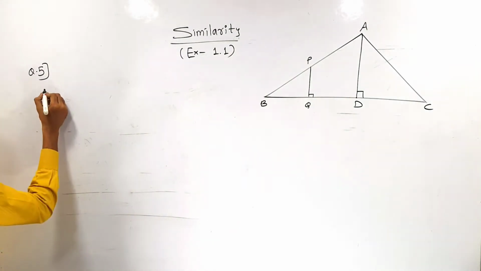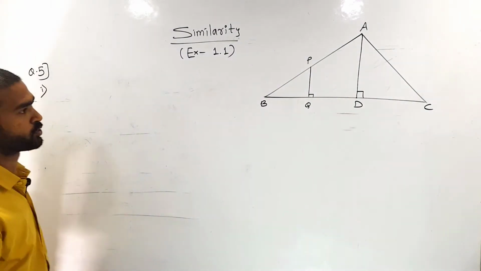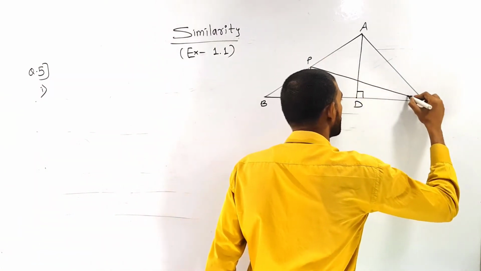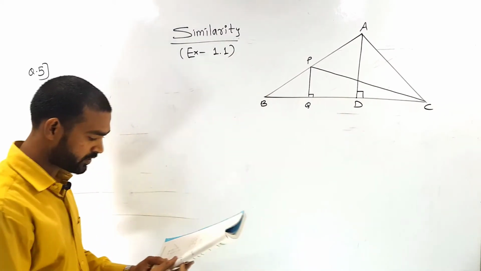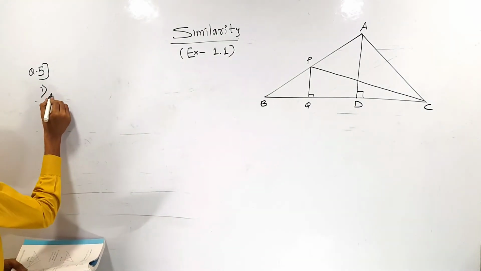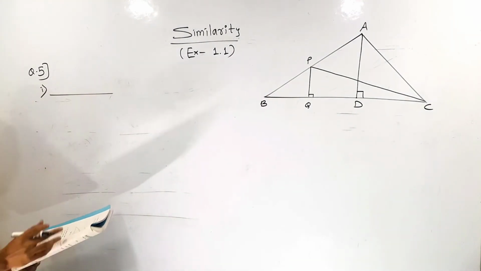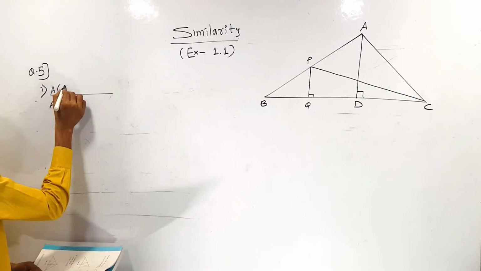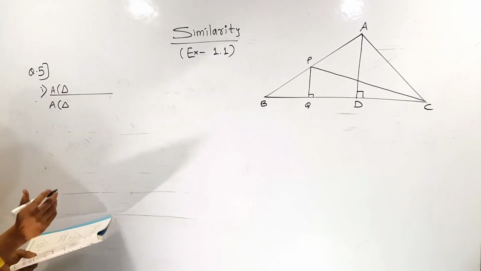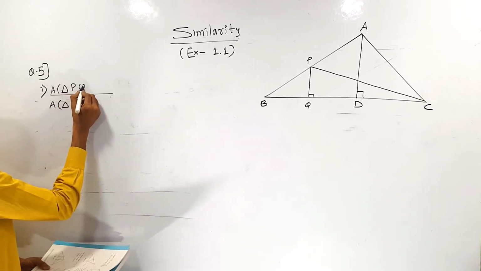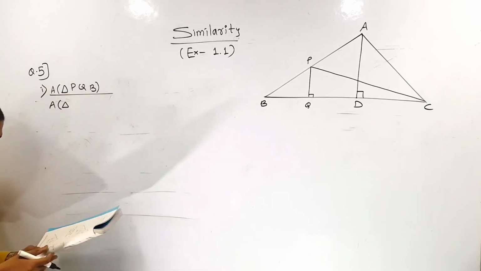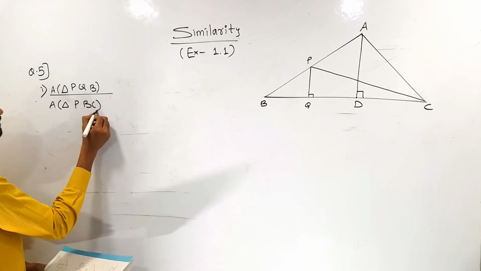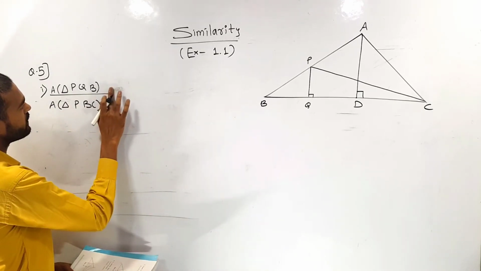And we need to find the first question. The first question is the ratio of area of triangle PQB upon triangle PBC is equal to,